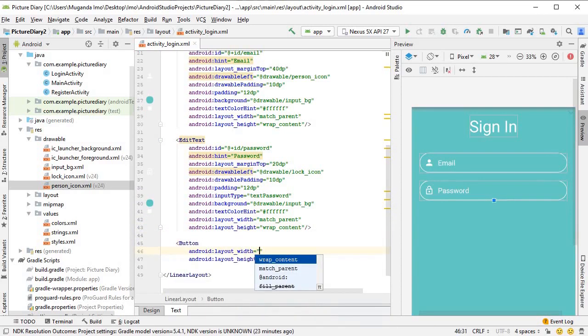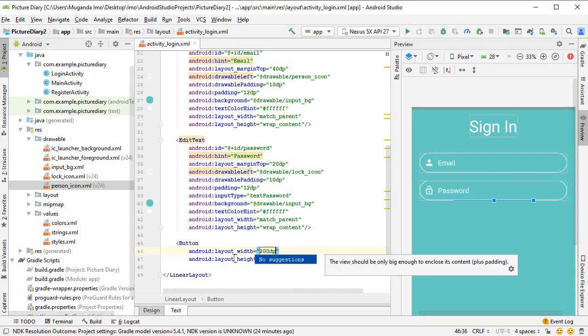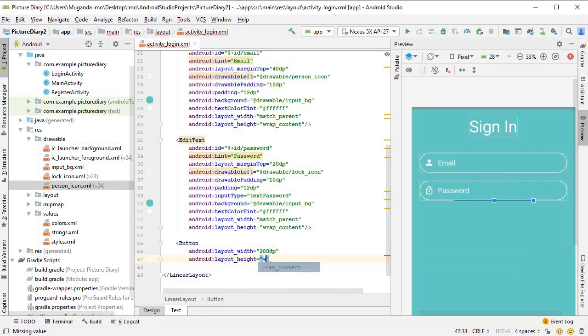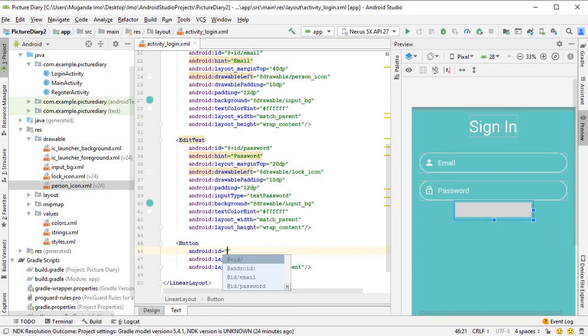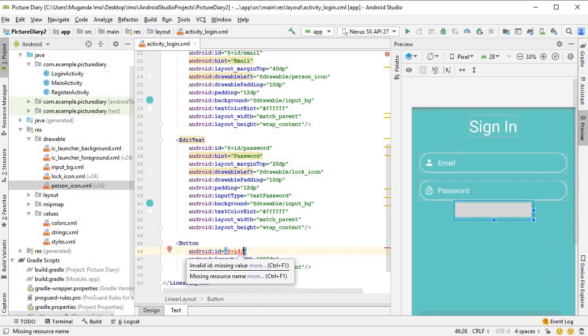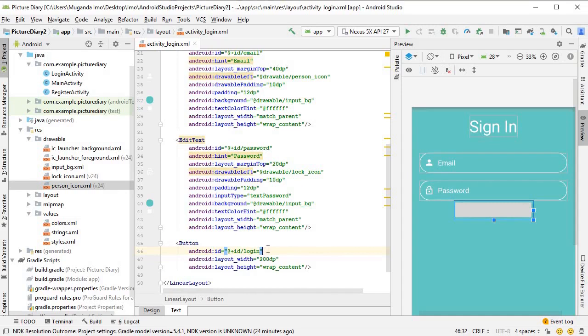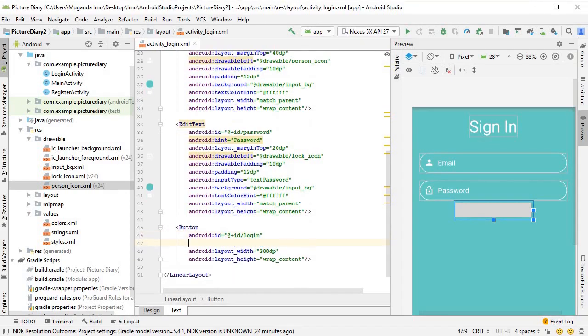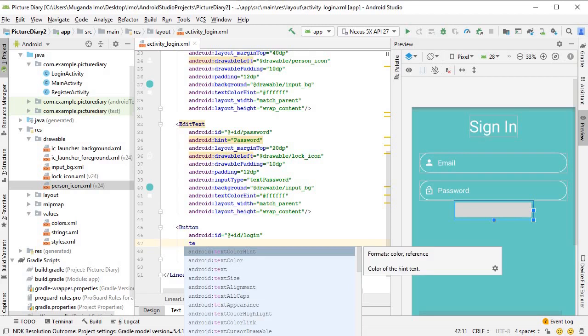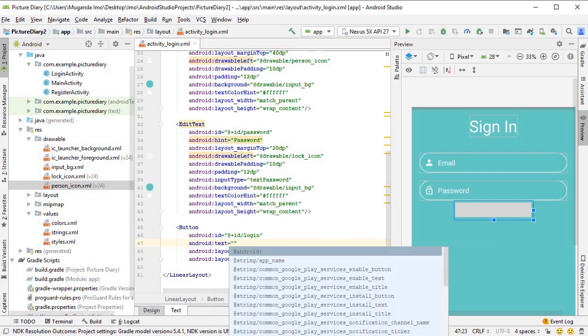So very quickly, button layout width, I'd like to put it as 200 dp, and height can be wrap content. Close that. Start with the ID, and the ID is login. Oh no. Let's try that again. ID, you have to put this little at plus ID, so that it goes into the ID file, so that it's added to the ID files where all the IDs are kept. Okay, text, and the text will be sign in,